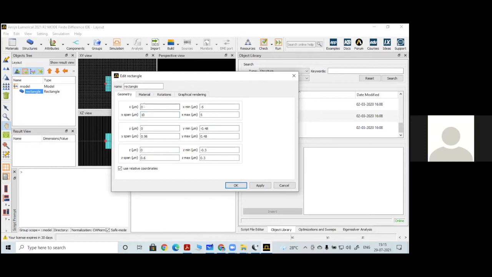Whenever this initial shift is 0 and the span is 10, the minimum and maximum values are calculated based on the initial value and the final value. It is symmetric with respect to 0, so plus 5 to the right side and another 5 to the left. From minus 5 to plus 5, the overall width will be 10 micrometer. Suppose I give some shift here, say a 5 micron shift, then what happens is that the entire range from minus 5 to 5 gets shifted to the right by 5 units.